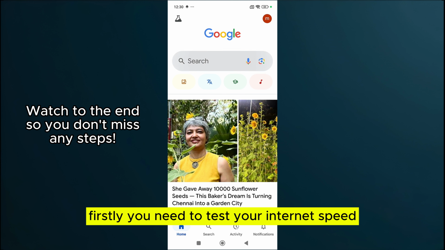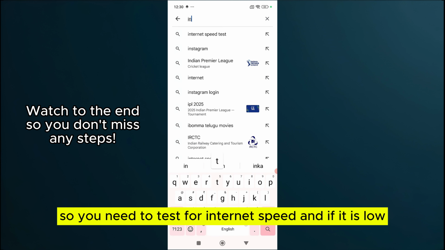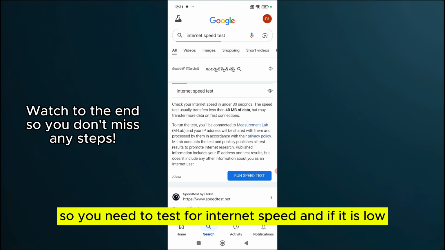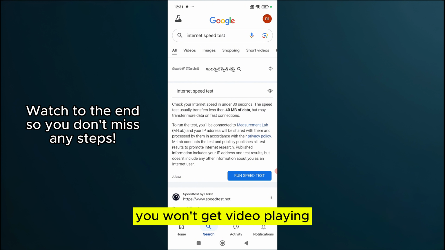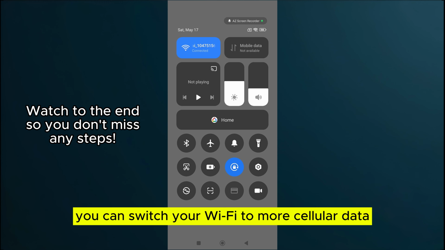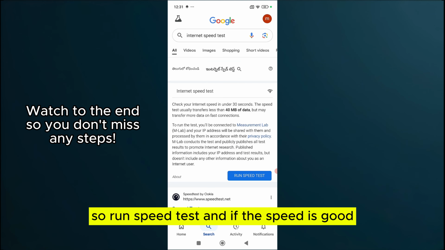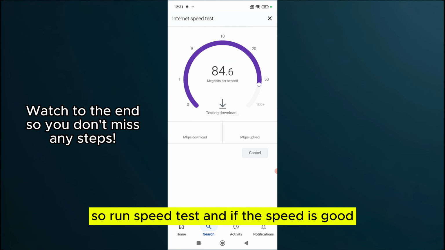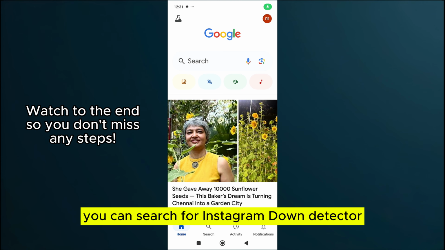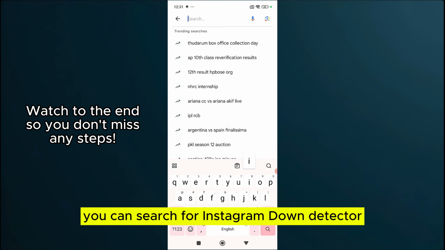Firstly, you need to test your internet speed. If it is low, you won't get video playing. All you can do is switch your Wi-Fi to cellular data, or otherwise switch your mobile data to Wi-Fi. So run a speed test, and if the speed is good, you can search for Instagram down